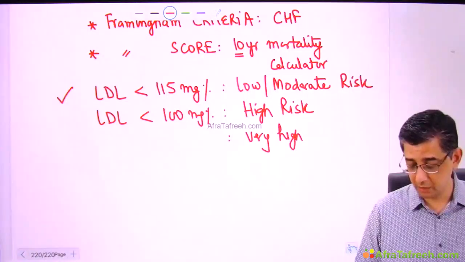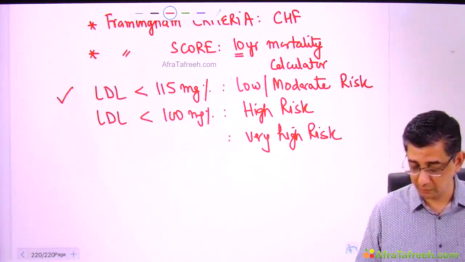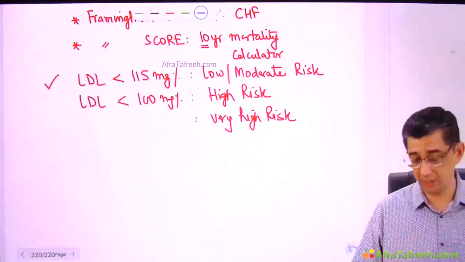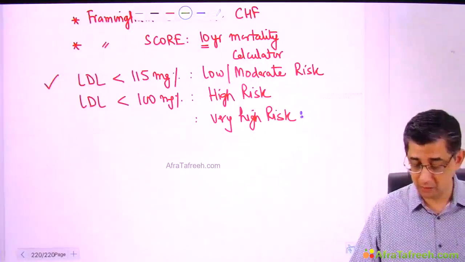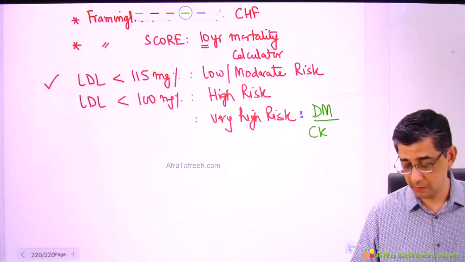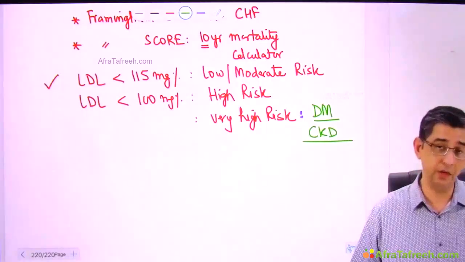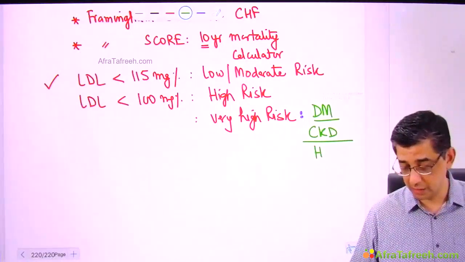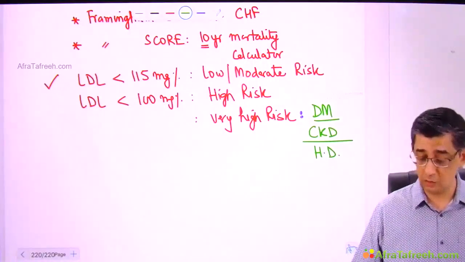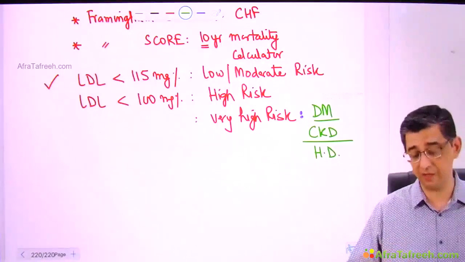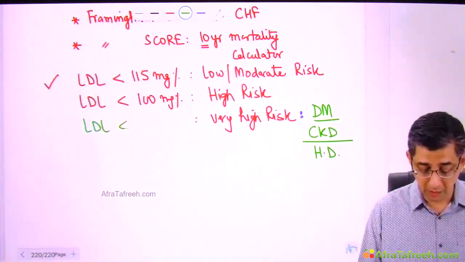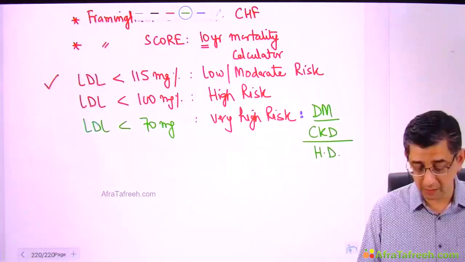Now, obviously, lots of times you might say, sir, how is it possible to remember all these aspects? So the minimum I expect you to remember is what I will say next. Suppose in the exam, he gives you a scenario of a diabetic patient, or he says that this diabetic has already developed chronic kidney disease, or he gives you a scenario that the person is on hemodialysis. You very well know hemodialysis itself causes accelerated atherosclerosis. So these are patients whom I would classify as very high risk patients. In these patients, the value of low density lipoprotein should be kept at less than 70 milligram percent.